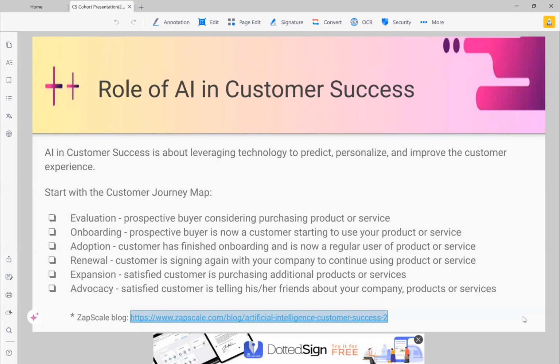So for each one of these stages, how would you typically use artificial intelligence, or AI? The evaluation stage is typically something that you would work on with sales, right? CS is not heavily involved in the evaluation process. However, if you're in a pre-seed or a Series A, sometimes you might get involved as a CSM or even an onboarding specialist within the sales process to help close this account, right? While this buyer is considering purchasing your product, the idea is to streamline the process for them.